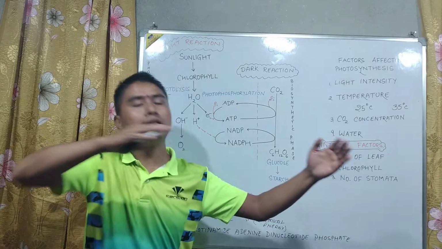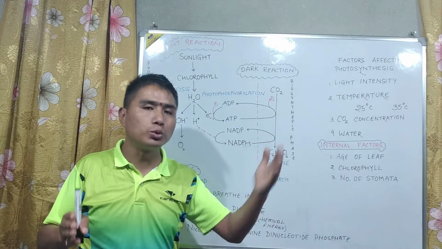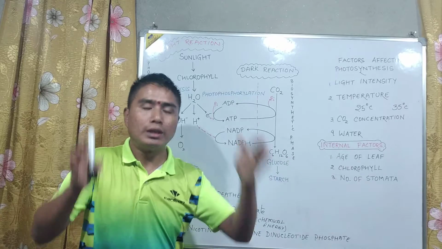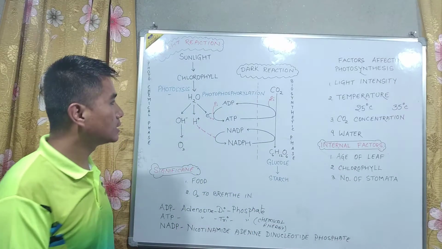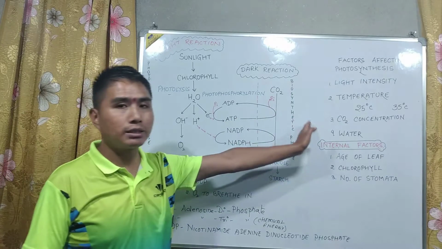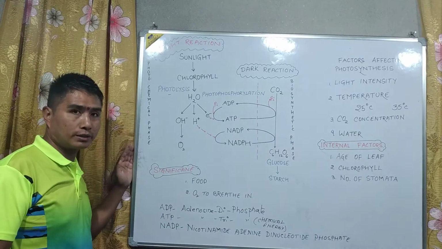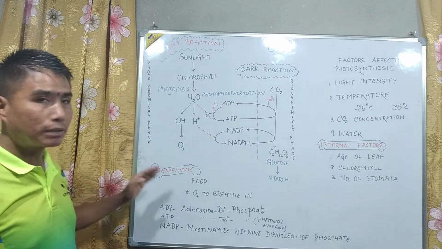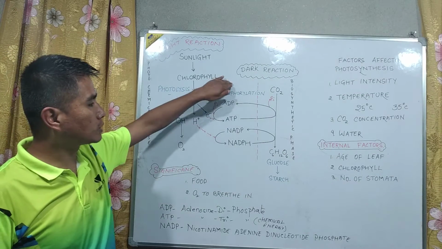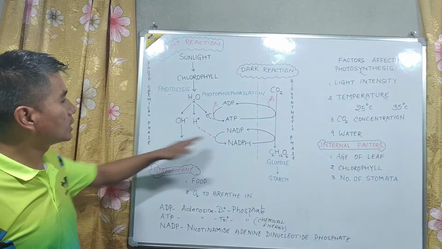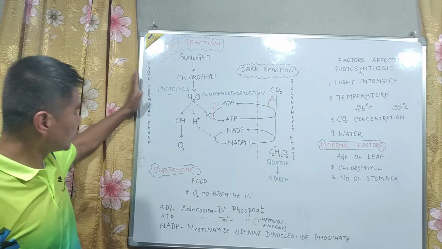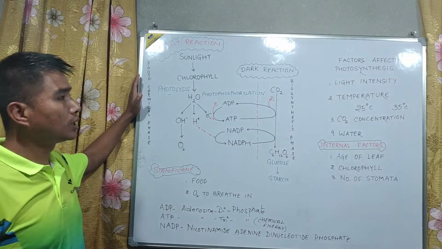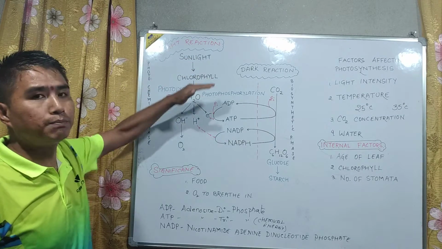So it is just breaking the process into two sections, phase 1 and phase 2. The first phase is known as light reaction or photochemical phase, the second phase is known as dark reaction or biosynthetic phase. Please note, the question might come: what is photolysis, what is photophosphorylation? So what is the full form of NADP or ATP? Okay, so next, why is photosynthesis important?